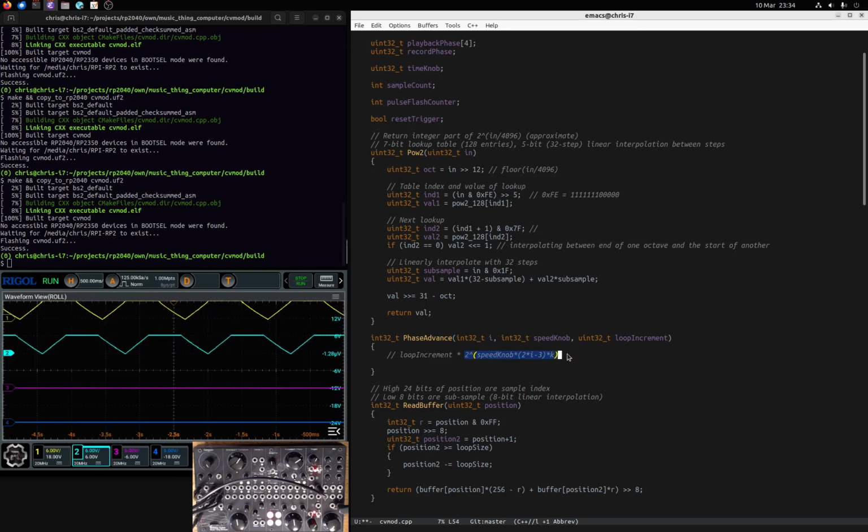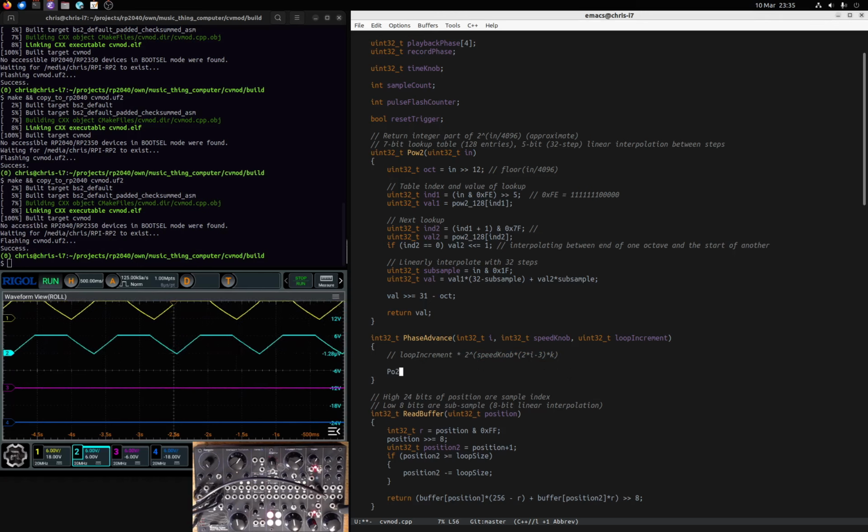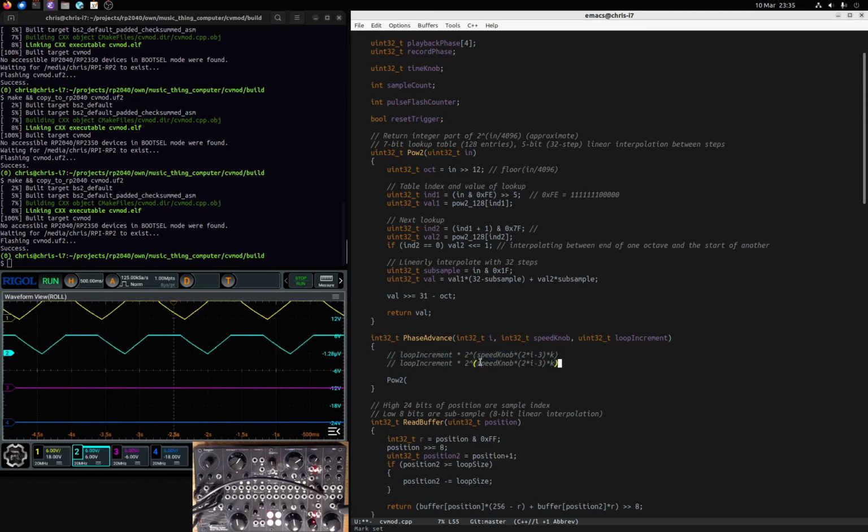We're going to have some issues here, because we want this quantity to have as much precision as possible. There's a question as to whether we can actually fit this into 32 bits or not. Recall that our 2 to the power is going to have to be represented as the pow2 function, which we've written just up here, and that only outputs integers, so we only really get decent precision when we have very large powers of 2. So what I'm actually going to want to do is output this to some